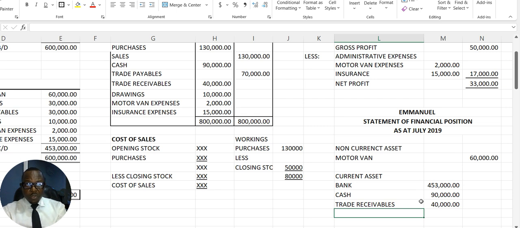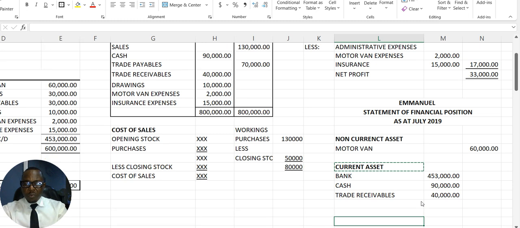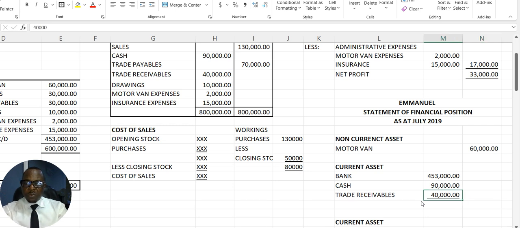What other item do we have under current assets here? Let's bold this to signify it as the title. Since that's all, we'll move on to having the total. What's the total of this here? If you're having a total, you underline this, then you bring it here. Total is